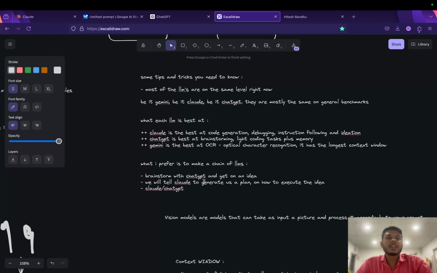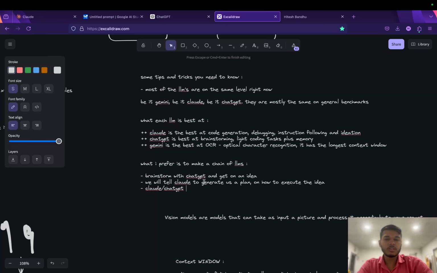What an LLM is thinking is what it is writing. It doesn't have a brain actually. So you need to actually tell it to think step by step. But the more capable an LLM, the better and more feasible the plan would be. So the thing is to use a high quality LLM to generate the plan, then use a lower quality or cheaper LLM to execute all of it.